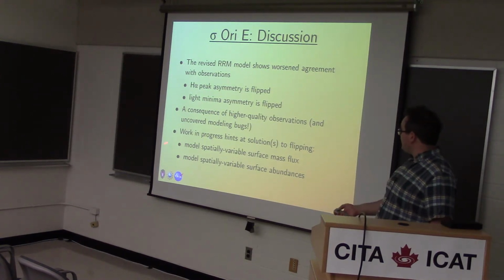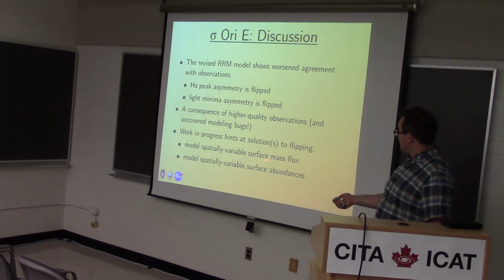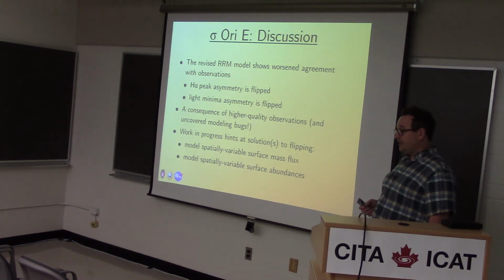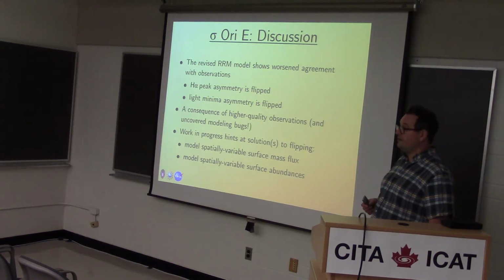So a promising line of inquiry that I'm following right now is the fact that because of the star's abundance inhomogeneities, it tends to have helium enhancement and metal enhancement around the magnetic poles, and helium depletion and metal depletion around the magnetic equator. That's going to have an effect on the radiative driving of the wind, both due to differences in the UV flux coming off the surface, depending where you are, but also due to differences in the opacity of the material being driven by the radiation field.